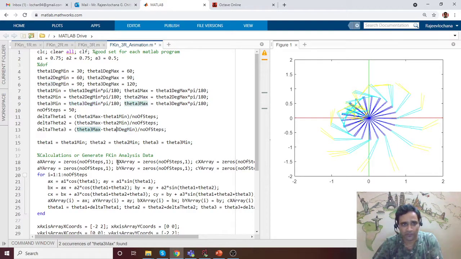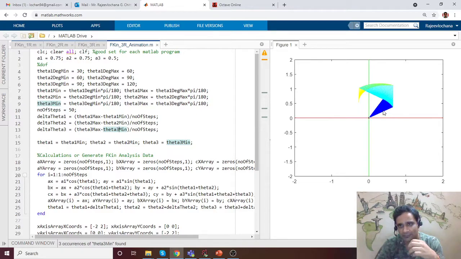So programming is not always a rosy picture. Now let us save this and run it. So now you will see that the blue link has gone from 0 to 60 and the cyan has gone, and similarly the yellow link has gone up. Obviously this is not what we wanted. We wanted it to animate. Each joint should move one after the other.